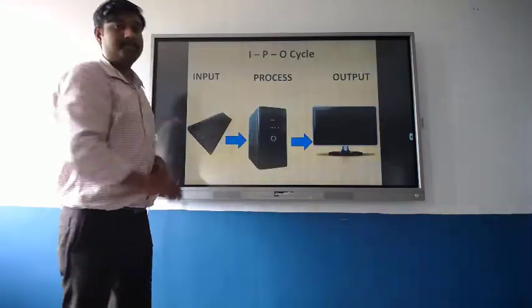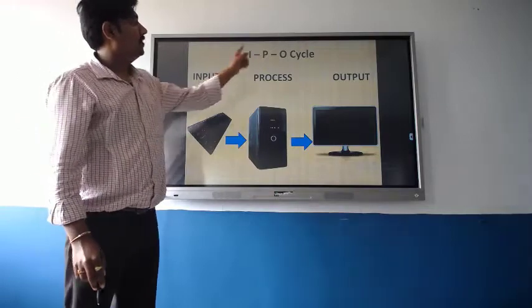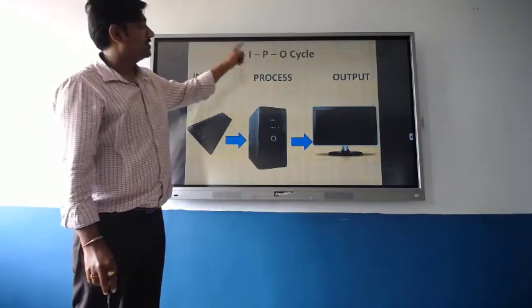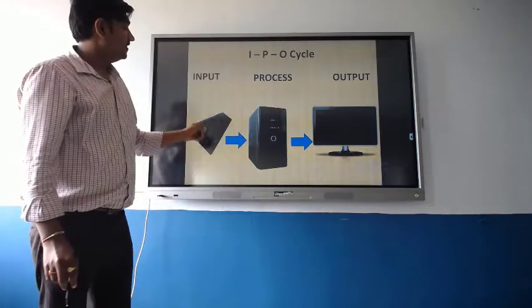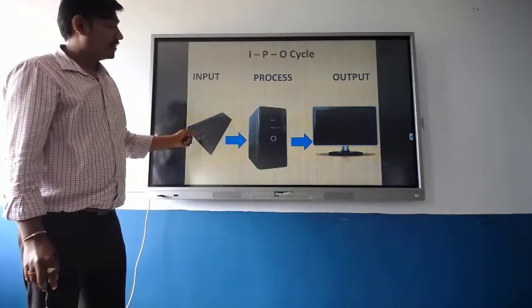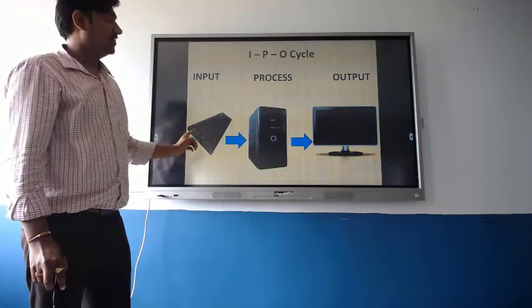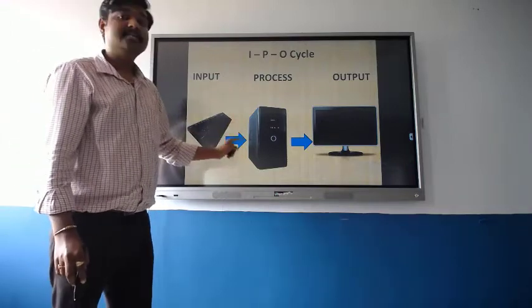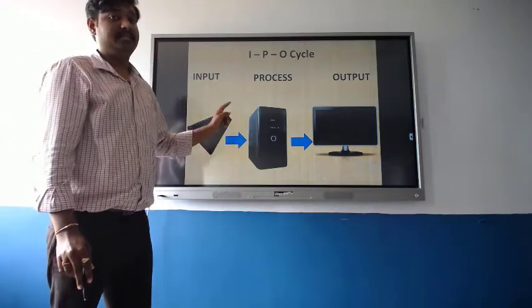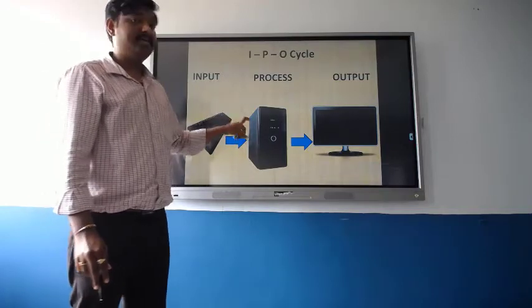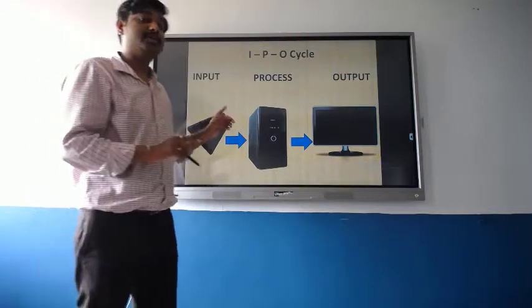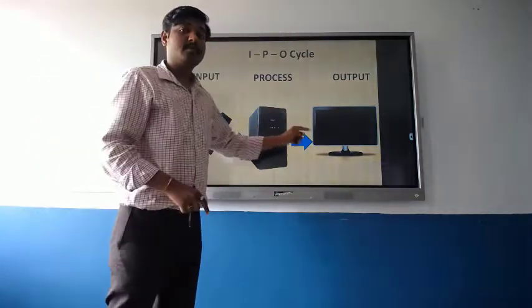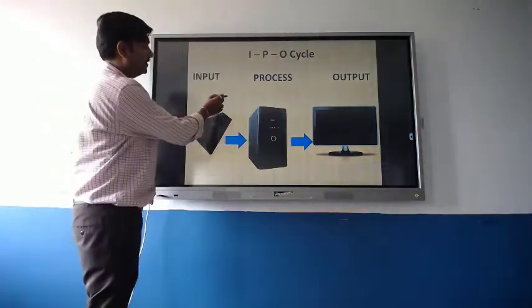That is the IPO cycle. I stands for input, P stands for process, O stands for output. Input is given through the keyboard, that is the input devices. The process here is done by the CPU, the central processing unit. This processes the data, and the output is shown on the monitor. Whatever the result is in the computer, it is displayed on the monitor. So we'll see next,